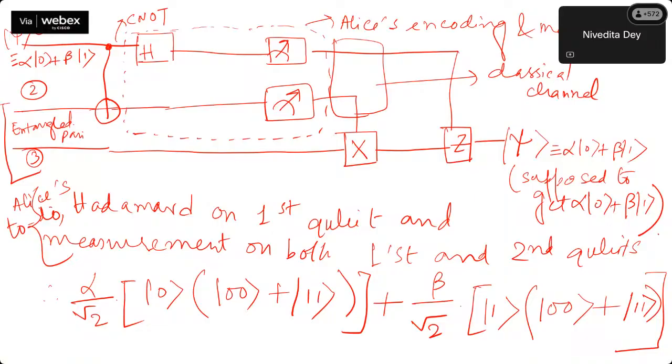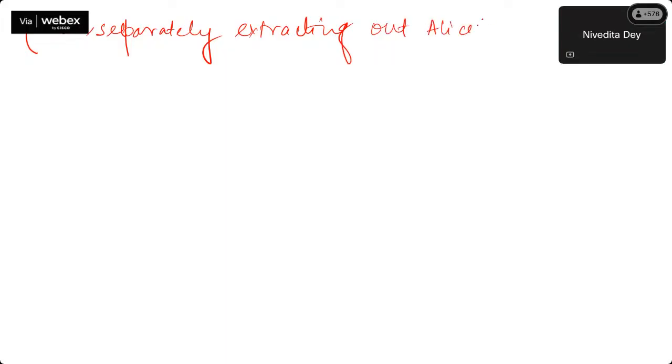Now, if we separately extract out, if you see here, the entangled pair is shared by Alice and Bob. This is something that Alice has. So if we separate out, or extract out, what Alice only has, that is the first and the second qubit, and we keep the third qubit as it is, then it will look something like this. So now, separately extracting out Alice's part, which is the first and second qubit,